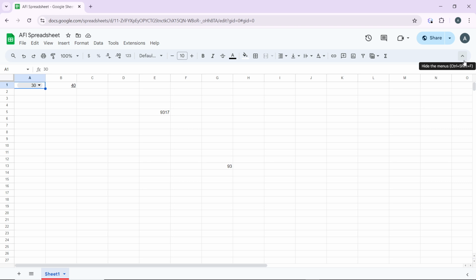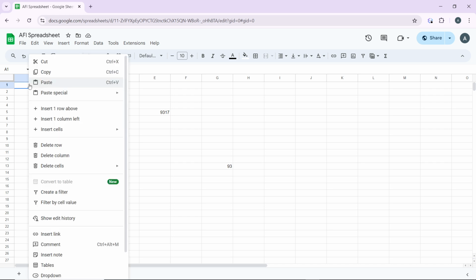The next step to take is to group rows or columns. All right, so select the rows or columns you want to group. I'm going to undo this. So select the row or the column you want to group, then right click. And once you right click, go ahead and click on